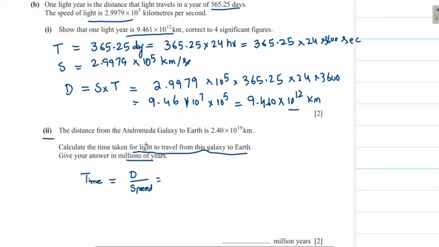The distance from Andromeda galaxy to Earth is 2.4 into 10 power 19 kilometer. Speed of light here is 2.9979 multiplied 10 power 5. This will be equal to